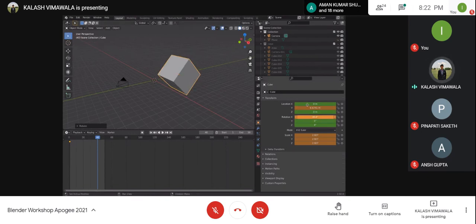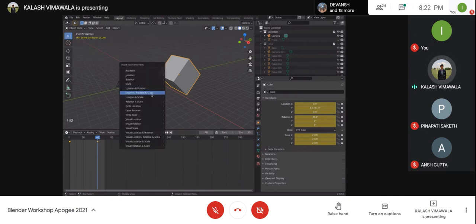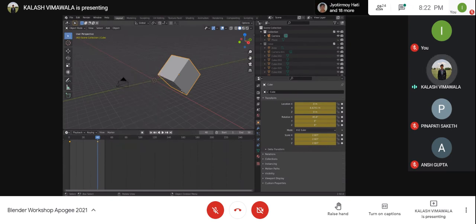Now, if you see on the very right side in the properties tab, some of these properties have turned orange. If I hover over these options and press I, you'll see there is a keyframe inserted in this very same location. So I'll keyframe all of these things as well. Or you can do the same thing: click on I and click on Loc Rot Scale, and all of these things will be keyframed. And now if you go back to the previous keyframe and play your animation, you can press spacebar or you can play directly from over here.